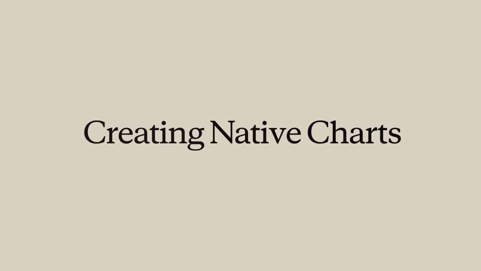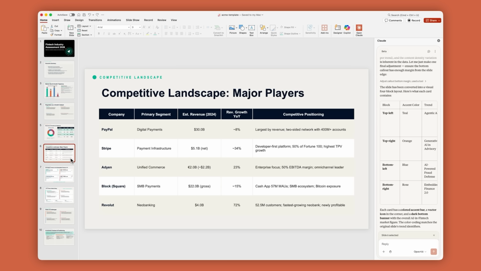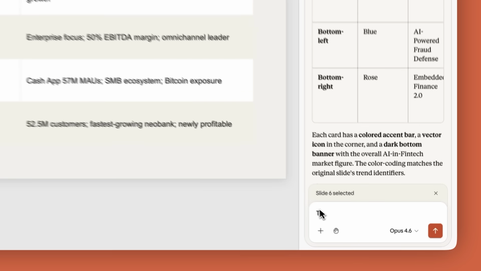Claude can also generate native PowerPoint charts from data already in your deck, or from data you describe. The competitive landscape slide currently presents 5 companies in a table. Tables are useful for reference, but they don't show relative positioning at a glance. We can ask Claude,